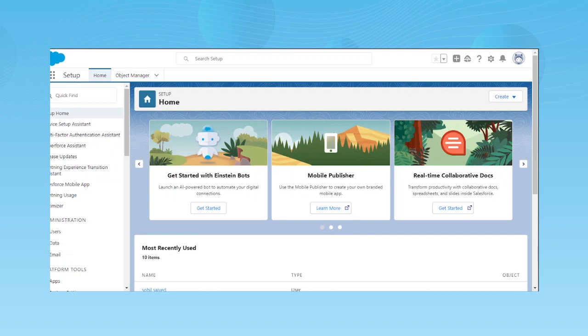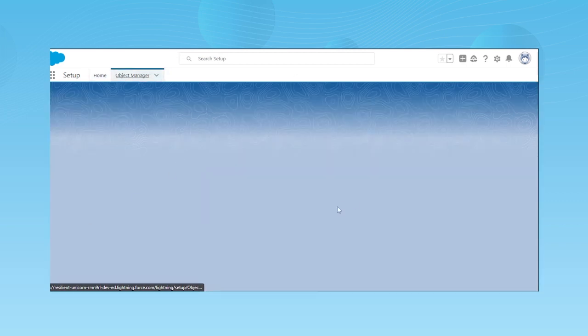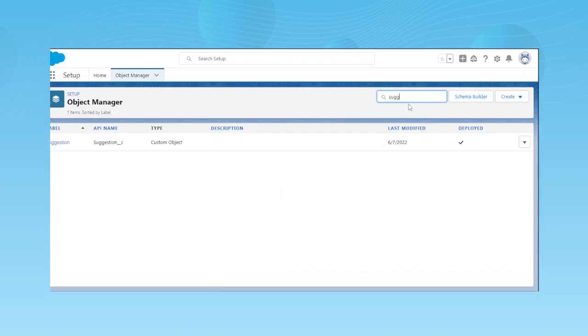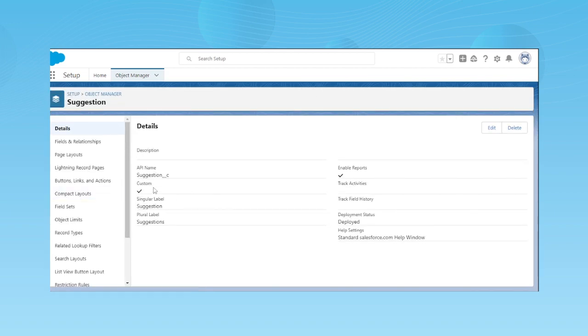First of all, when you are logged into your org, you need to create a custom object first. Okay, you need to go to the Object Manager, and this is the order I'm giving in which you need to create this whole thing. So first of all, you have to create an object named Suggestion, which I already created by this name. And after creating this Suggestion object, you need to add fields